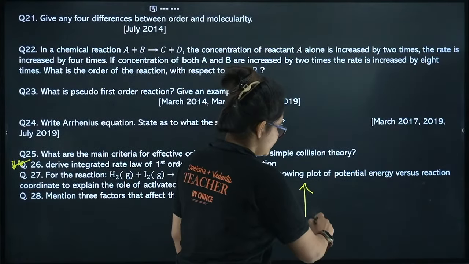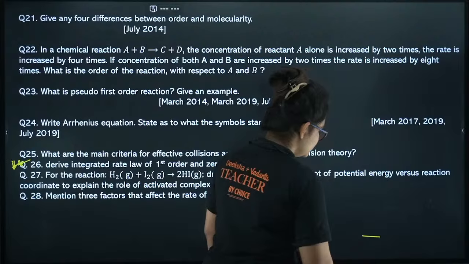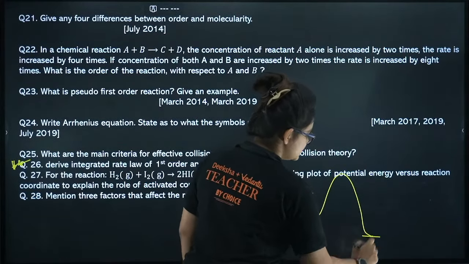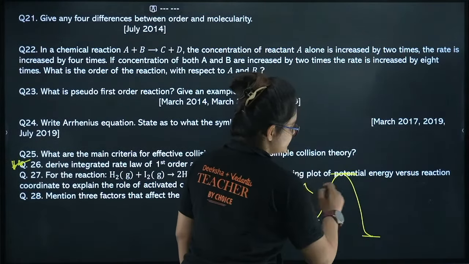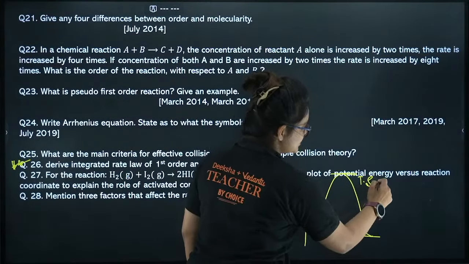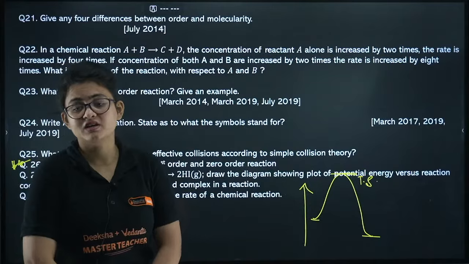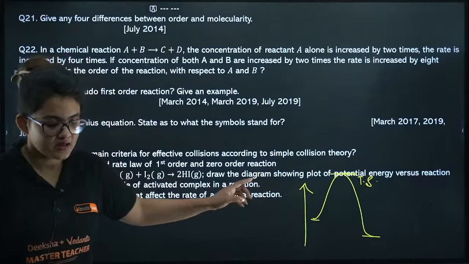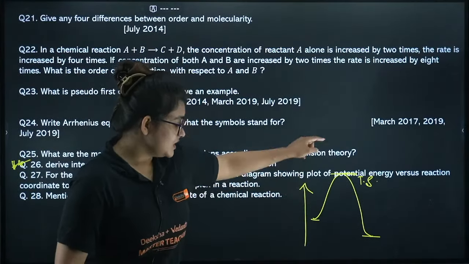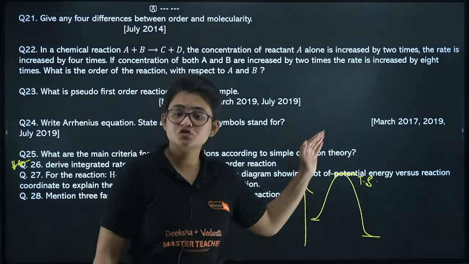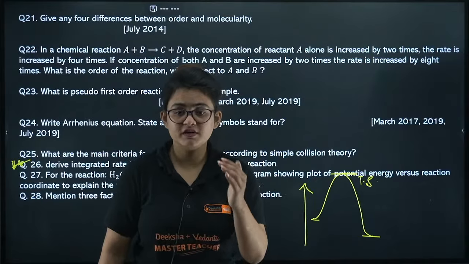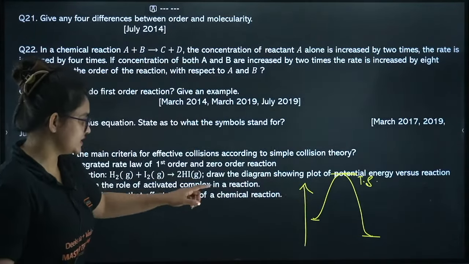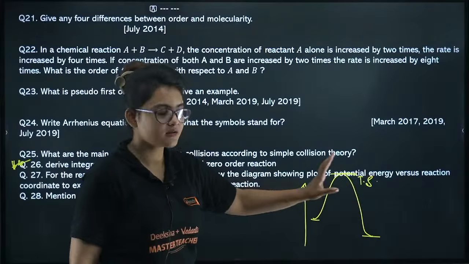So if you start from a reactant and want to end up with a product, it proceeds through an energy barrier, right? And at the top of this energy barrier exists the transition state. In the transition state, the activated complex exists. So any reactant, when it goes to the product, has to proceed through an activated complex state. That you have to explain with respect to this graph.